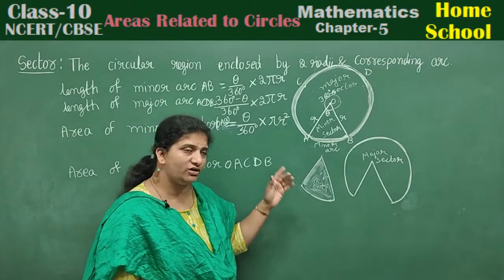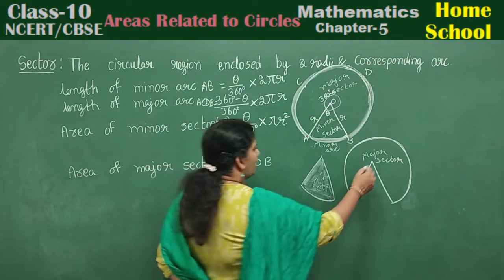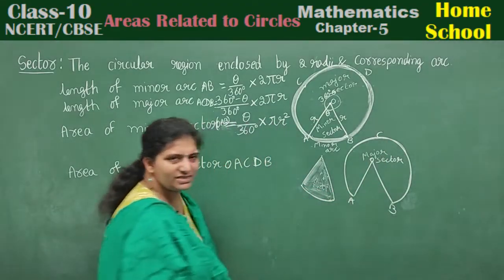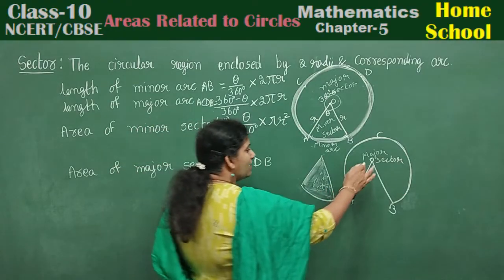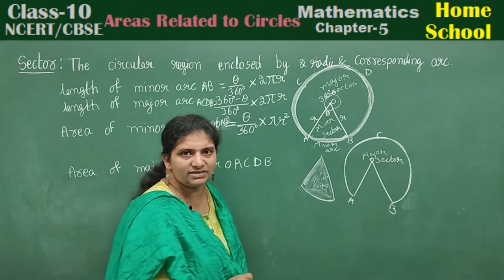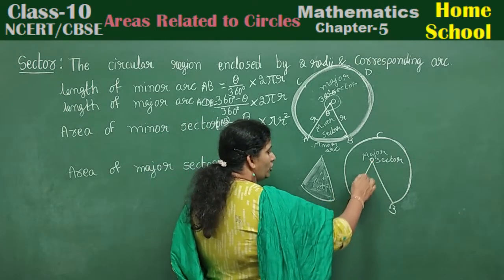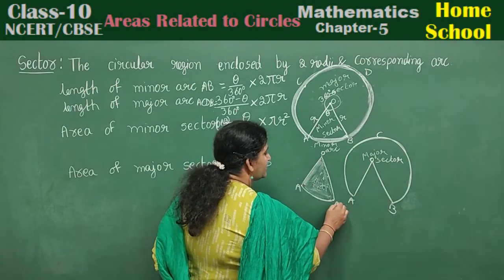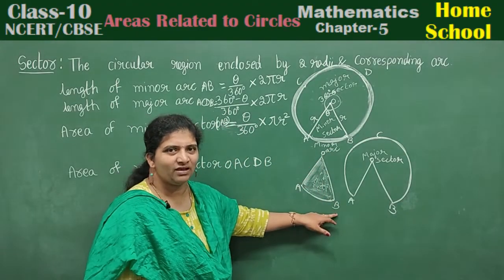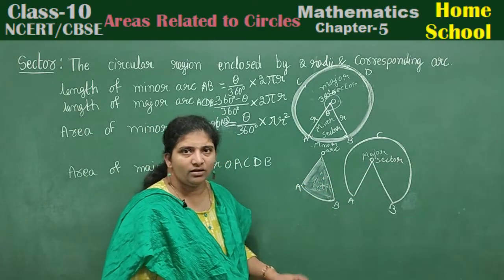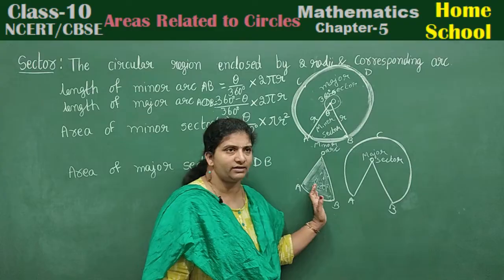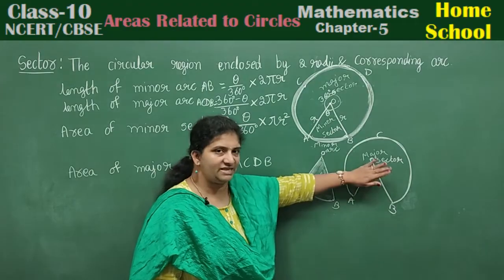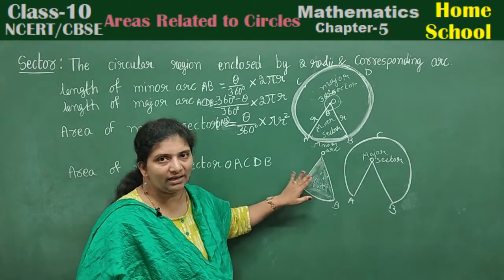Next, coming to major. How can I identify? Look here. OAB. If you want one letter also, you can take anywhere. C, D, anything. Now, I can't say OAB is a major sector. Why, you may say, no ma'am, O to start, A, again B. No. Here in minor sector, I am calling it as OAB. But here I cannot call OAB. So, in order to differentiate two sectors, take any letter here. OACB, major sector. OAB, minor sector.